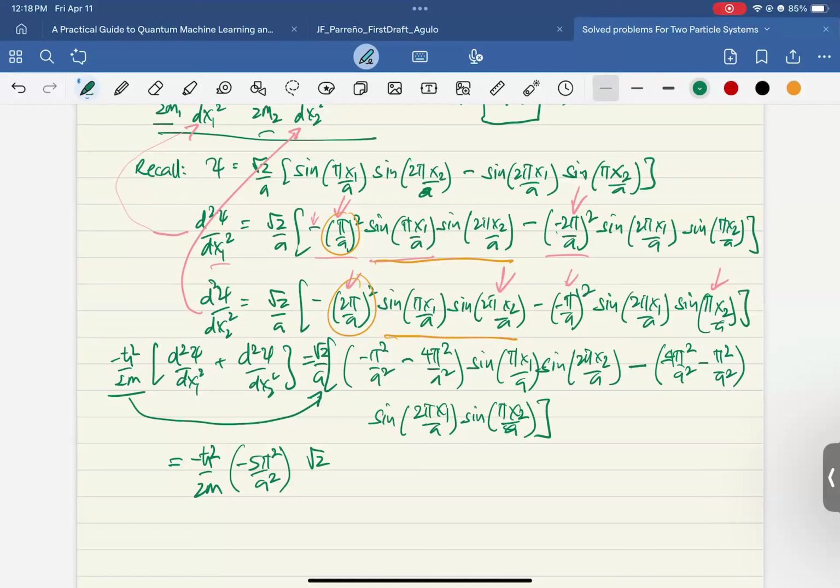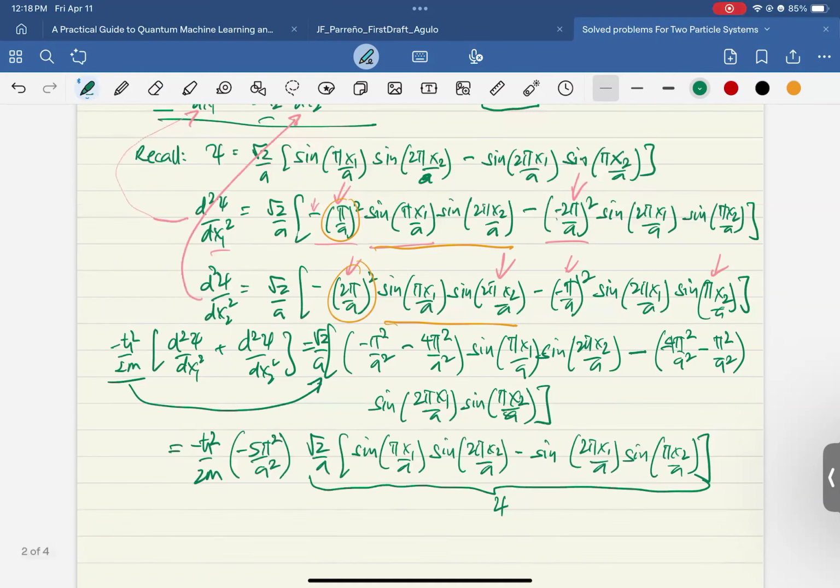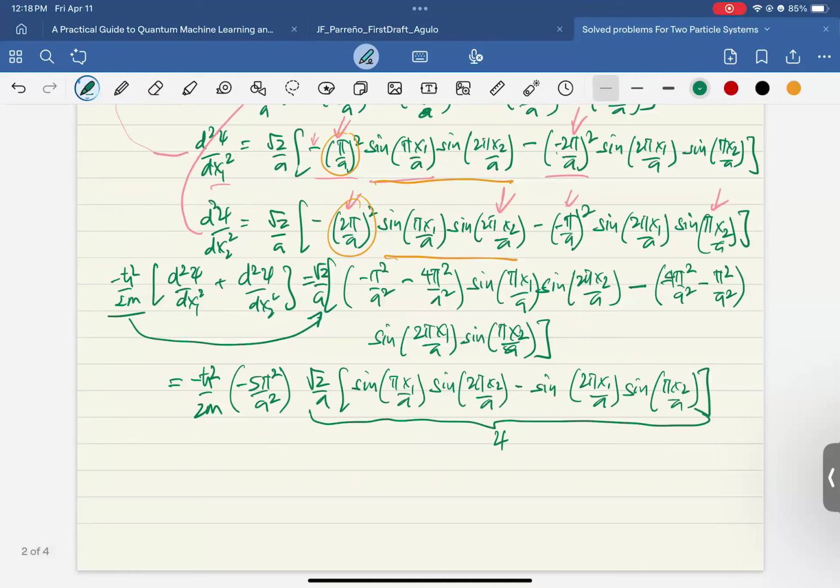Tapos square root ng 2 over a, sine pi x1 over a sine 2 pi x2 over a minus sine 2 pi x1 over a sine pi x2 over a. Okay. And of course, this is nothing but yung ating wave function. So we end up with